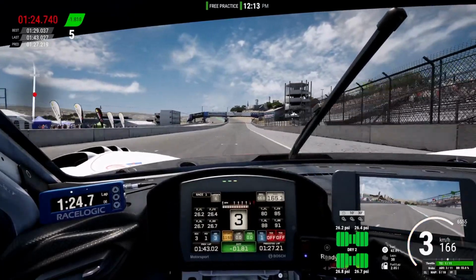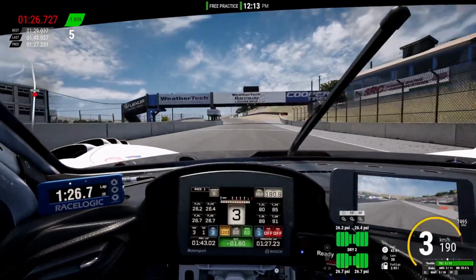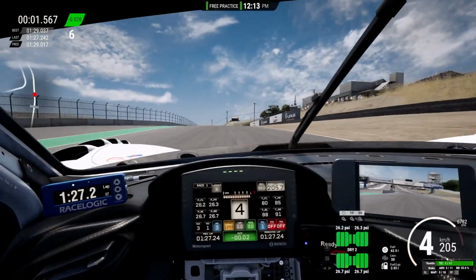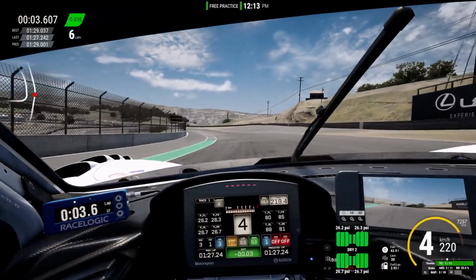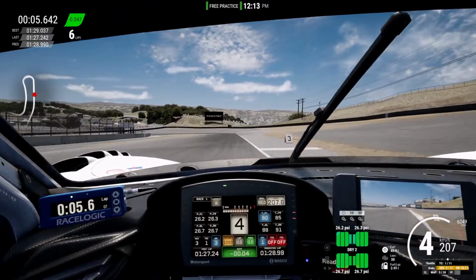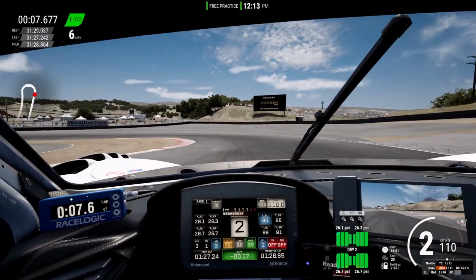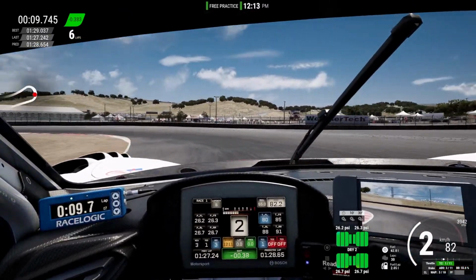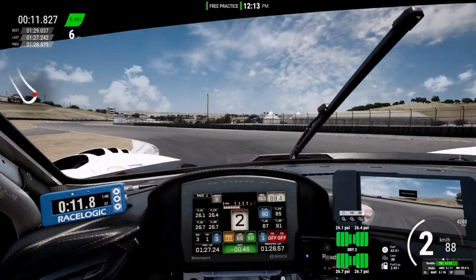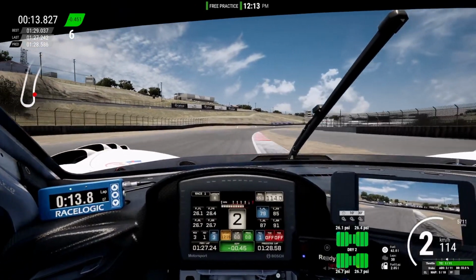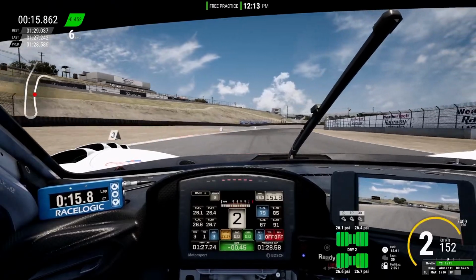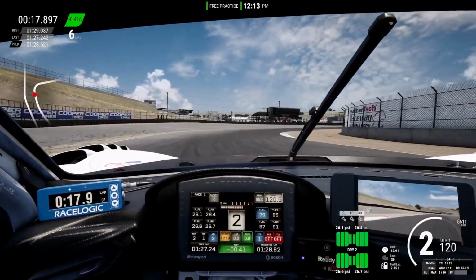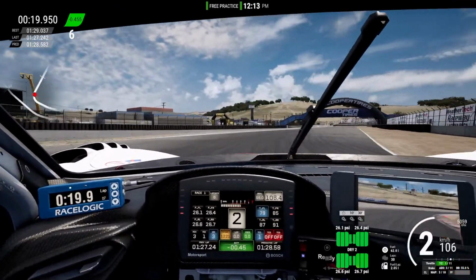This car has so much power in it. So in Forza, low 120s.